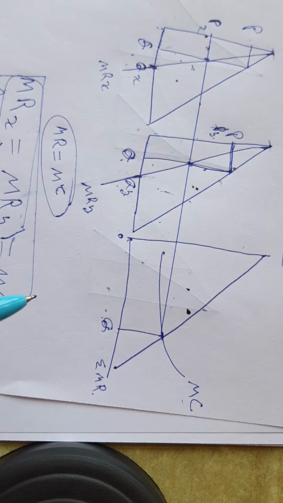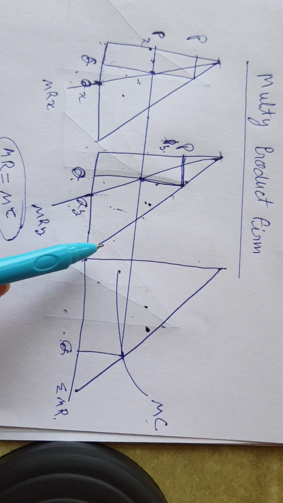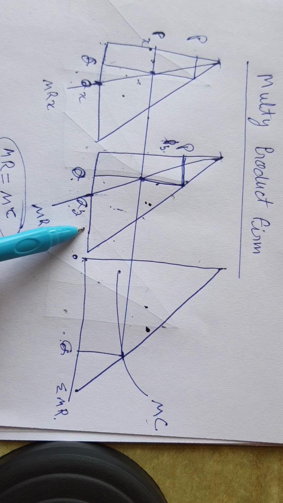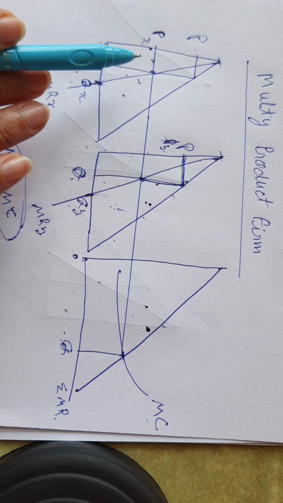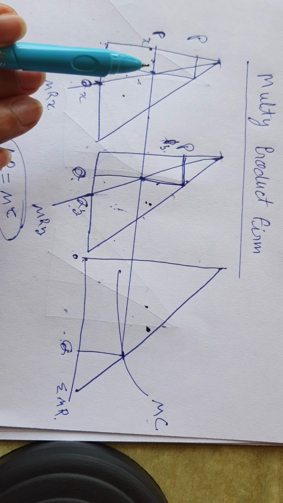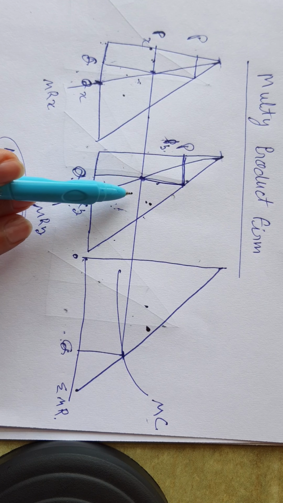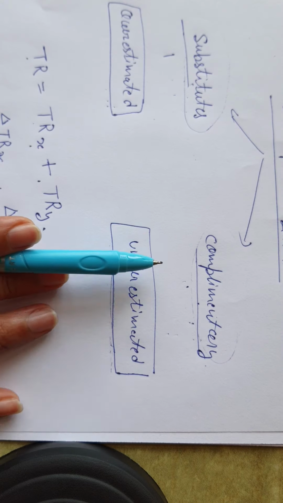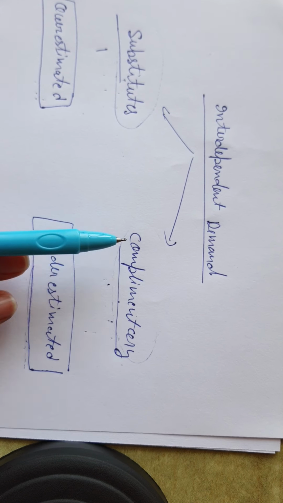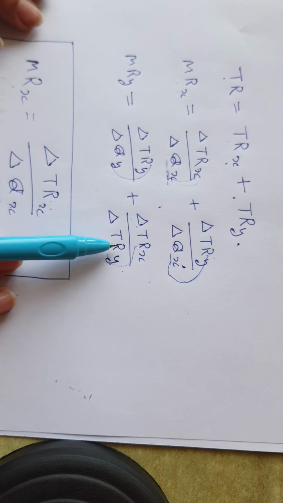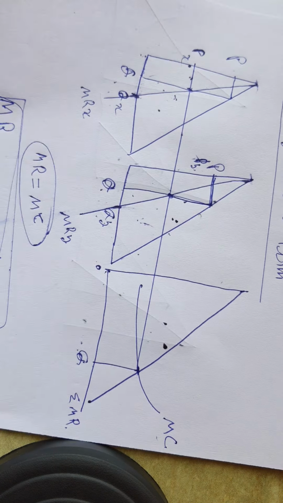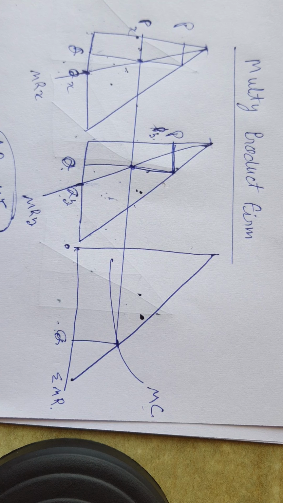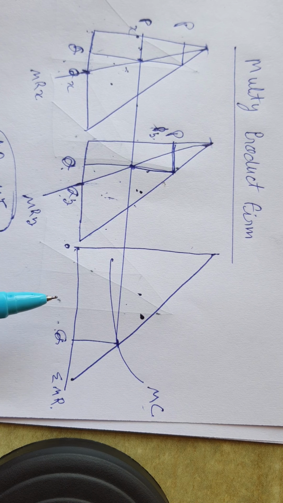So this example, which is given in most of the books, applies only when these two commodities have independent demand, and the demand of one commodity is not affecting the other commodity. So this is an extension of this lecture. Only in some rare books is this explanation given, otherwise in every book you will find this type of diagram only. So that's all about the multi-product firm.